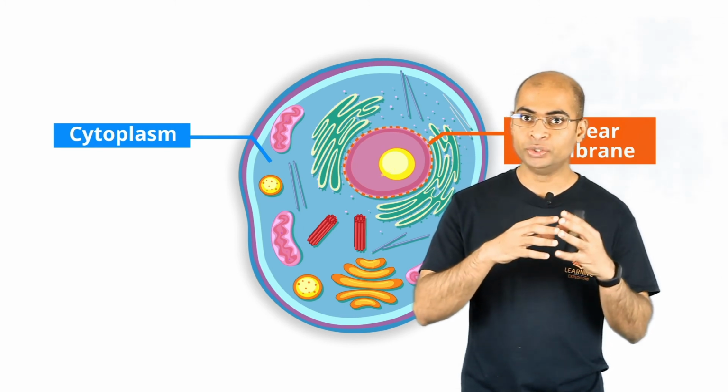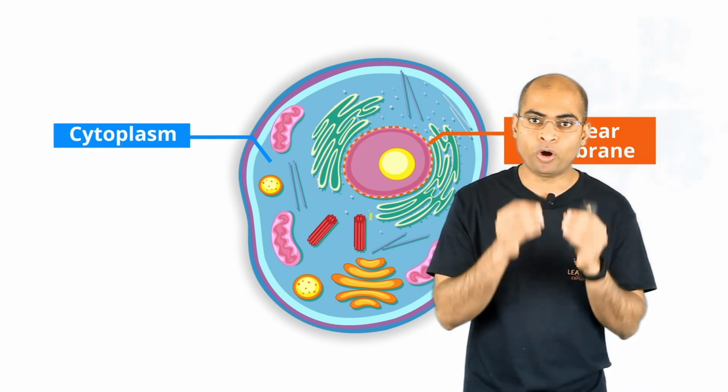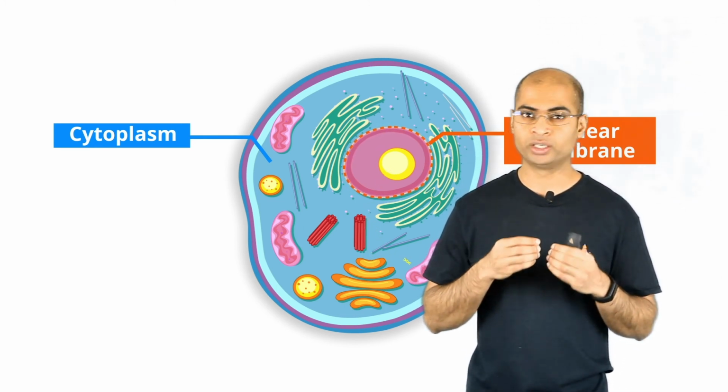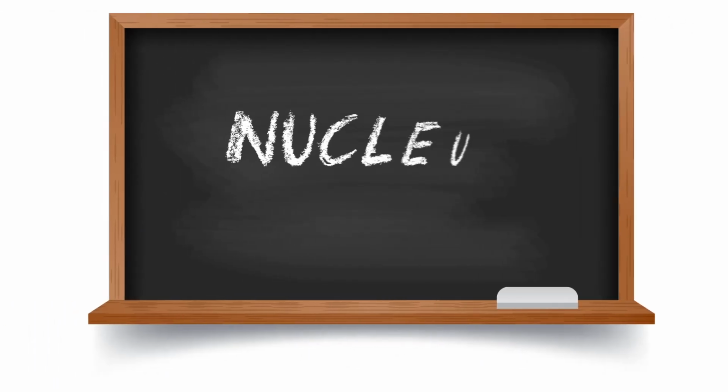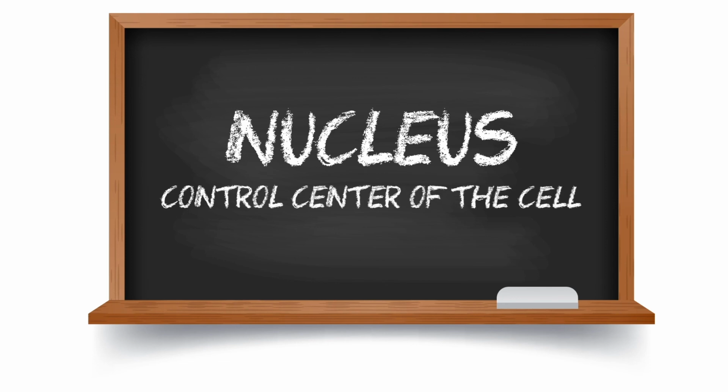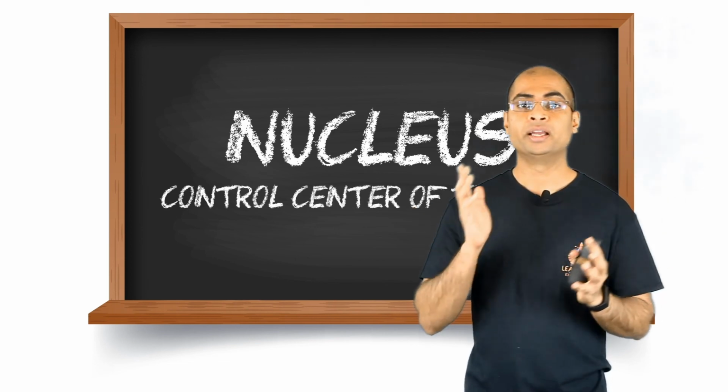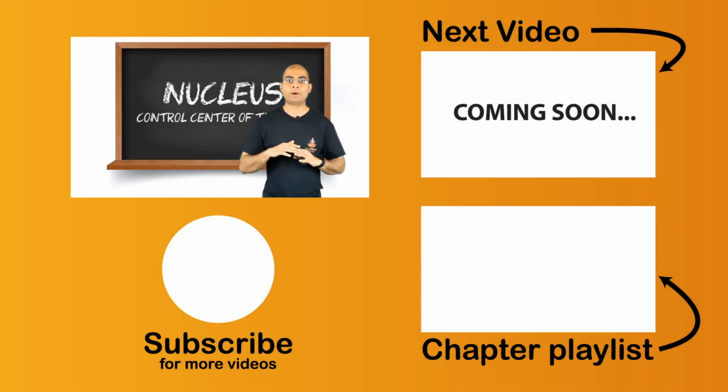And because the nucleus holds such important components needed for functioning of any cell, it is actually also called the control center of the cell. Alright, in the next video, let's step outside the nucleus and look at some more components of the cell and see how they use this genetic information to perform the overall function of that cell.